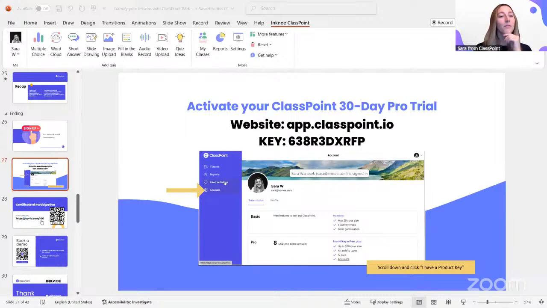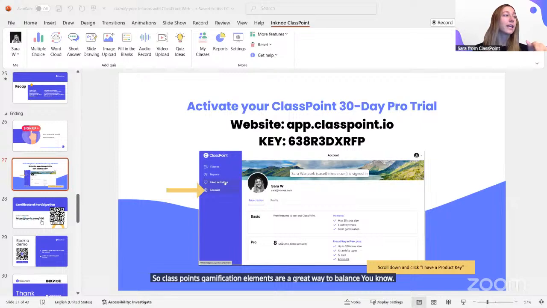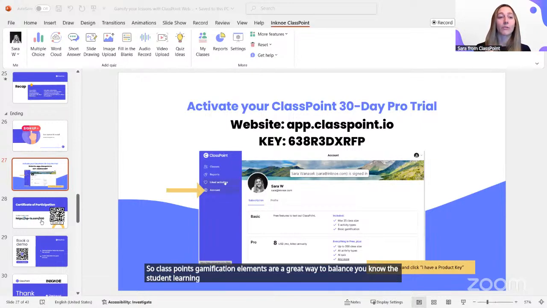ClassPoint's gamification elements are a great way to balance student learning instead of distracting from the content. You as teachers can pick and choose when to use these gamification elements. They're not mandatory, so that is a great way to pick and choose when you want to be using them in your classroom.